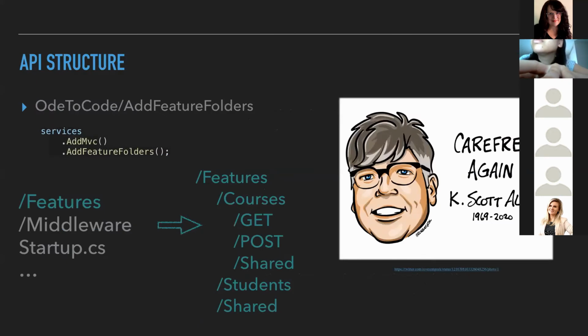The way that we structured the API, we used the late Scott Allen's AddFeatureFolders. It was pretty much as simple as the lines of code that I hope you can see: AddFeatureFolders after MVC. It's a .NET 2.1 application, so we haven't migrated it to 3.1 yet. MVC is no longer a dependency, so I believe it should still work. But the features folder